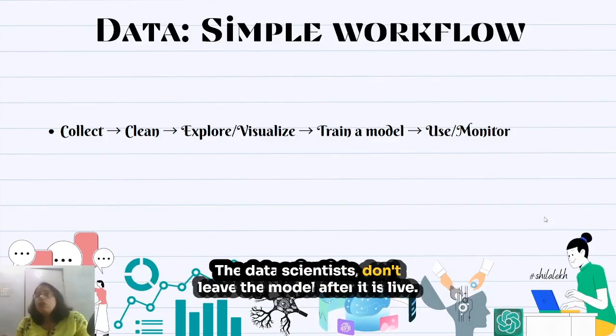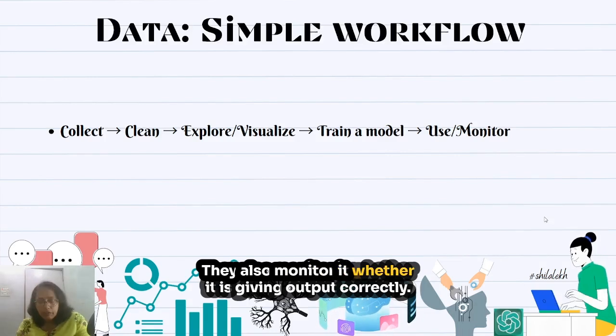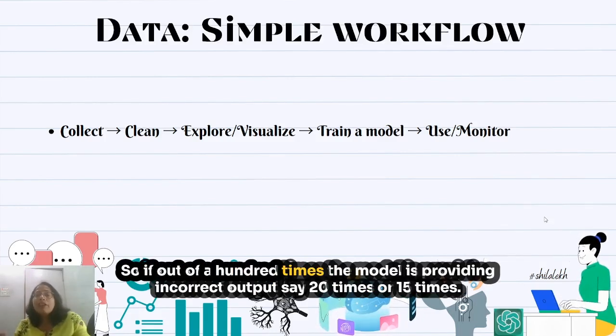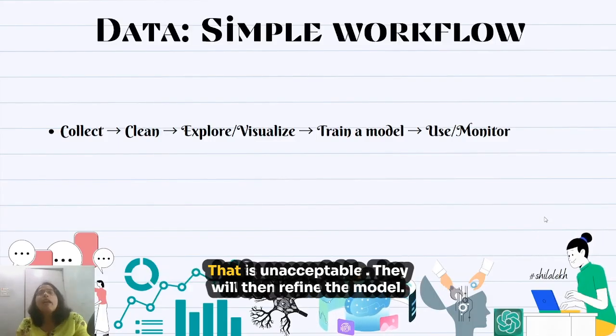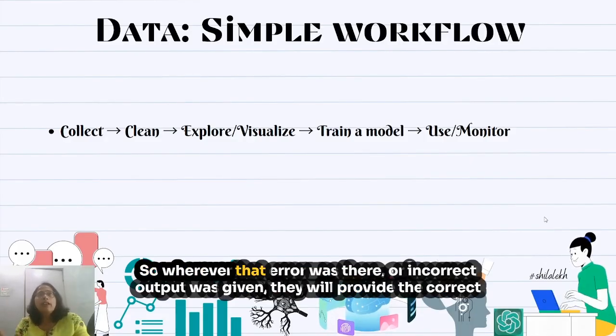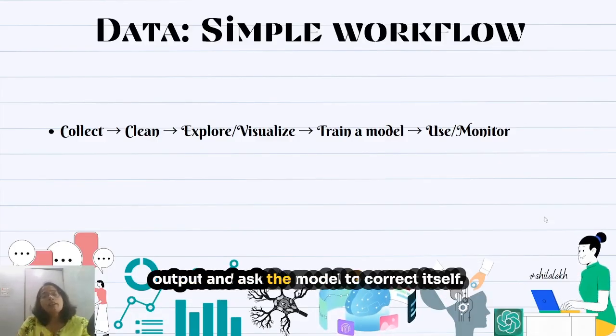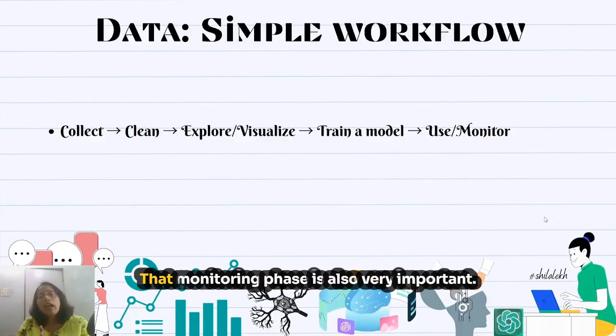The data scientists don't leave the model after it is live. They also monitor whether it is giving output correctly. So if out of 100 times the model is providing incorrect output, say 20 times or 15 times, that is unacceptable. They will then refine the model. So wherever that error was there or incorrect output was given, they will provide the correct output and ask the model to correct itself. That monitoring phase is also very